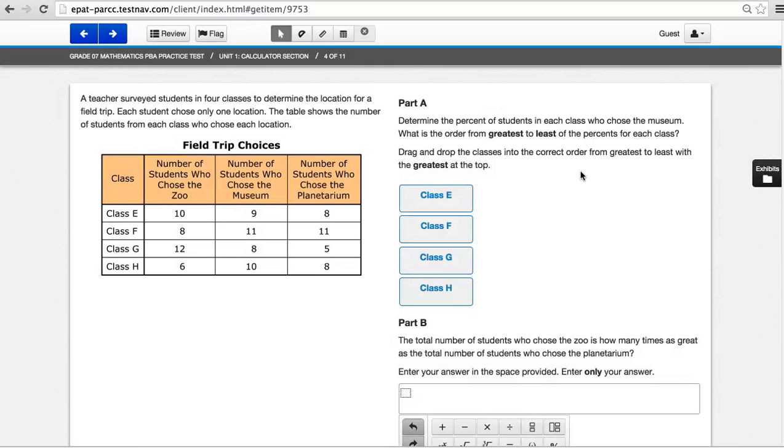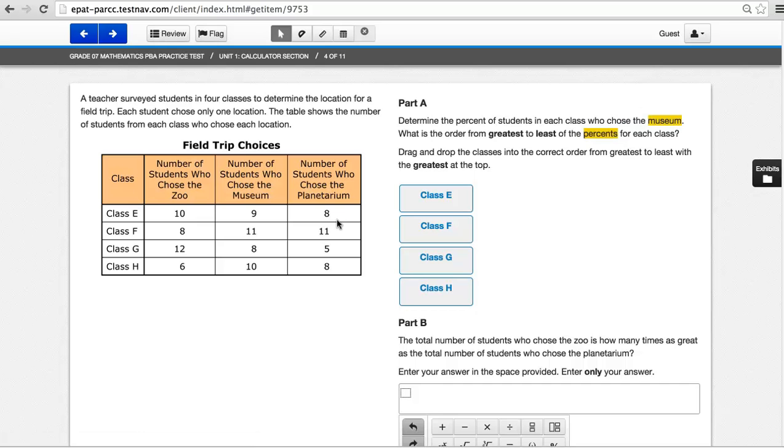In order to really answer this, you have to think about 2 things. First, let's highlight the word museum, and the other word is percent. So we're only looking at the museum's column, and then in order to figure out the percent, you basically have to add all of these numbers up for class E and take 9 and divide it by 27. If you do 9 divided by 27, you should get 33%